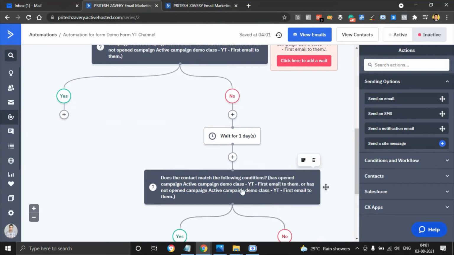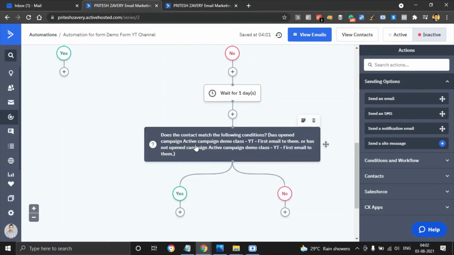Do note that you'll want to maybe change the email copy. Don't send the same email. Maybe you can change the email subject line and also the copy and then send them a mail again. I am not modifying that right now, but you understand that it's important to modify the emails when you send them as a reminder. You don't want to repeat the same emails over and over again. There's something known as A/B testing, which is also very important to see what is best for deliverability and what is not.